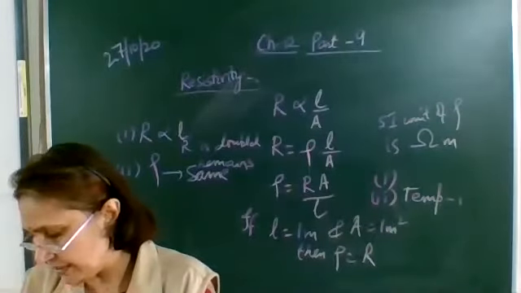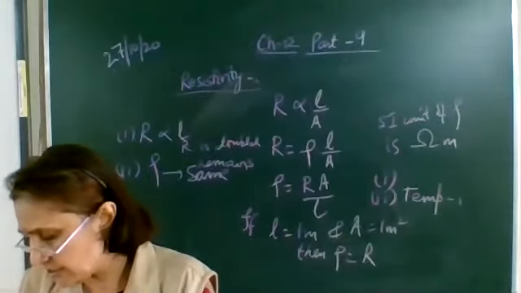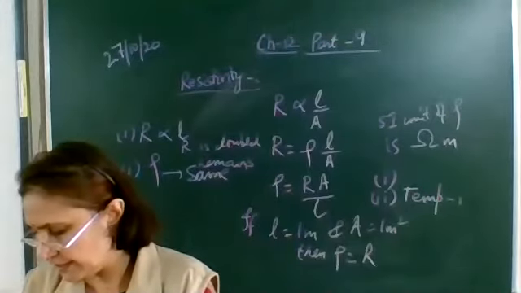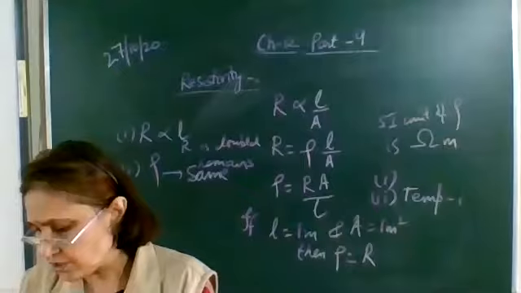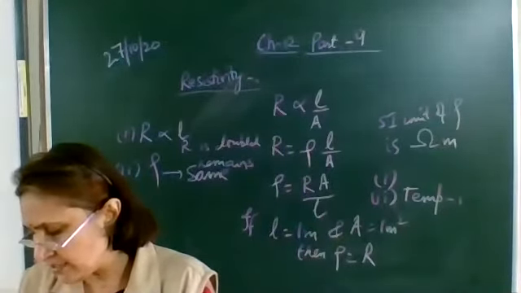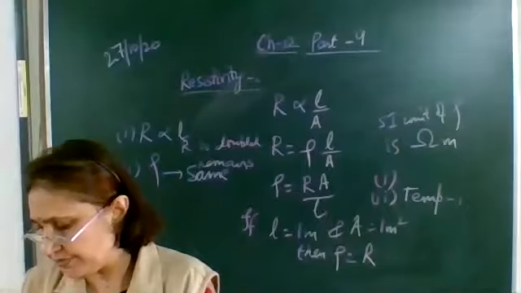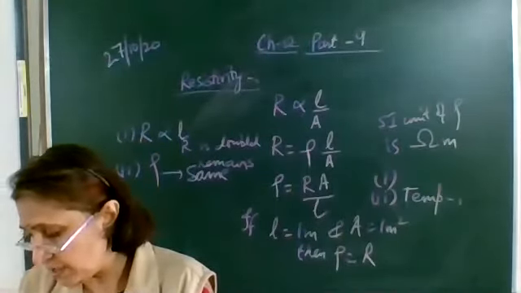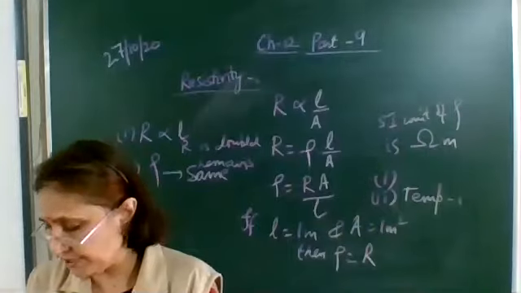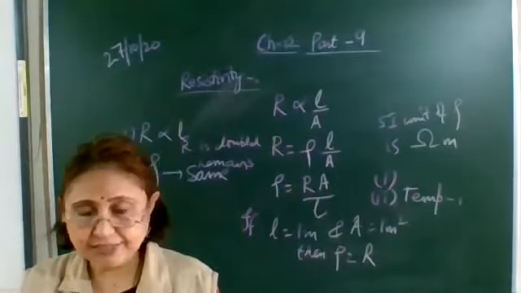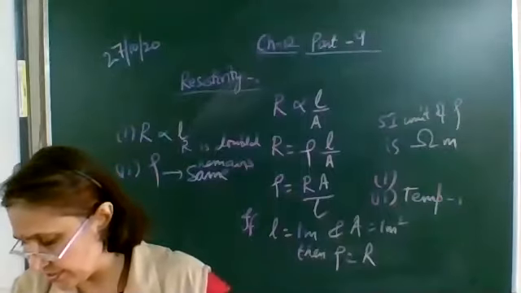Okay, so here it is given. The metals and alloys have very low resistivity in the range of 10 raised to the power minus 8 ohm meter to 10 raised to the power minus 6 ohm meter. So they are good conductors of electricity. Insulators like rubber and glass have resistivity 10 raised to the power 12 to 10 raised to the power 17 ohm meter. Both the resistance and the resistivity of a material vary with the temperature, and with the rise in temperature, their resistivity increases.